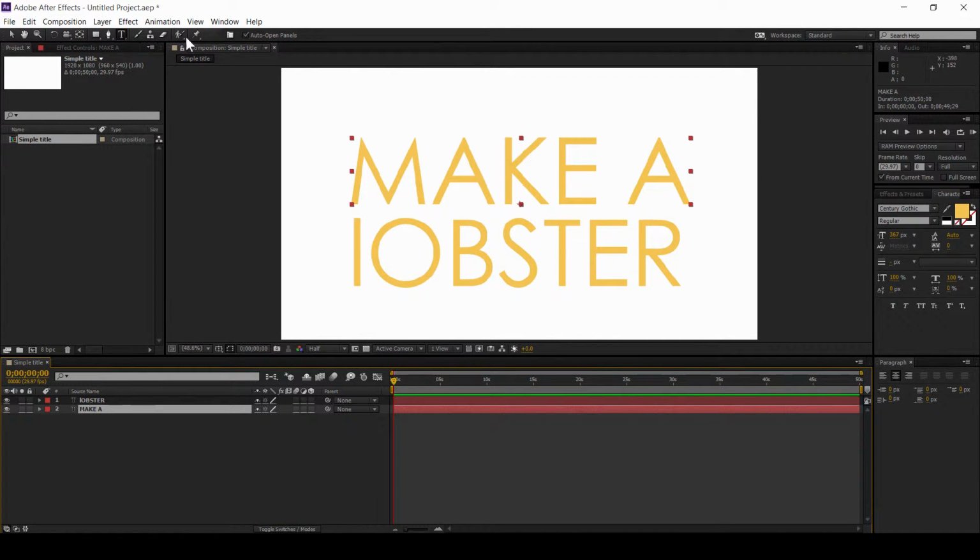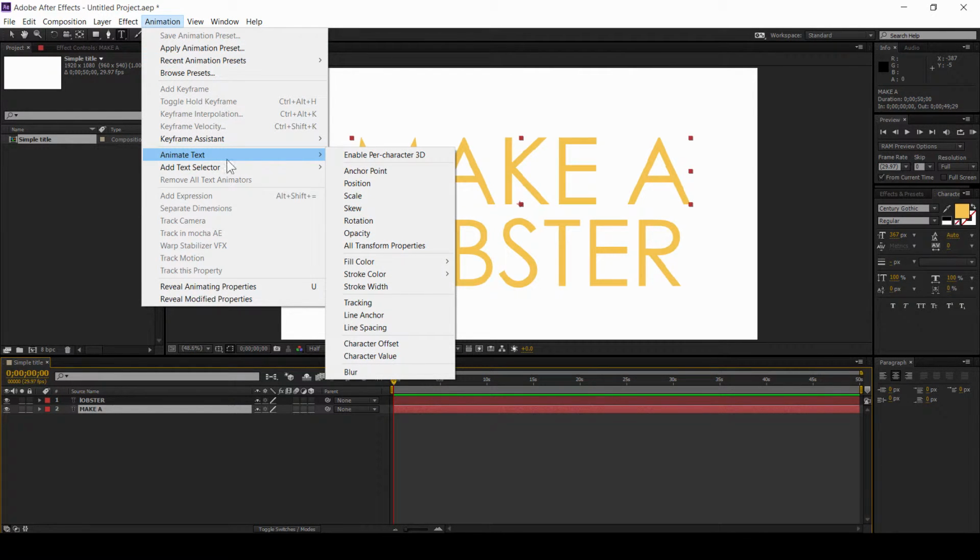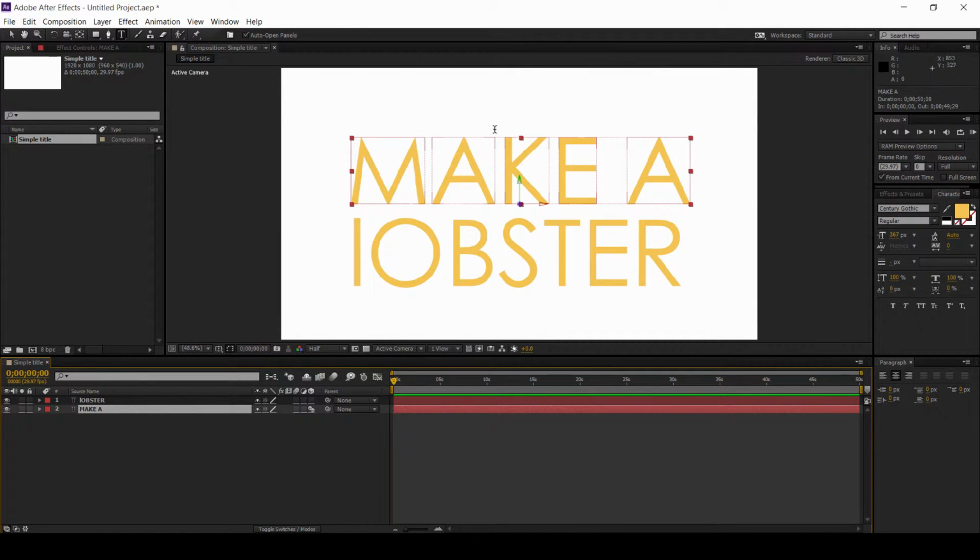So now we'll go to animation, animate text, enable per character 3D. It will convert each letter into its own 3D object. So you can do rotation on each axis. Let me show you. So we have these boxes around each letter in the text here. So if I open a rotation property,